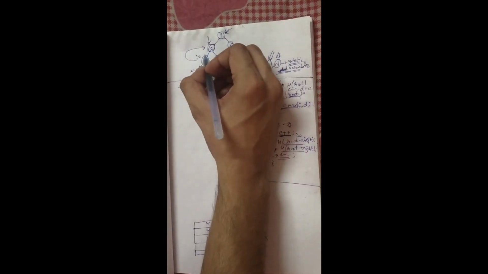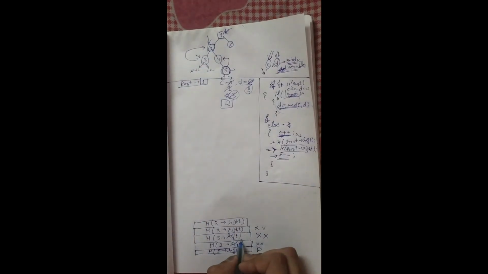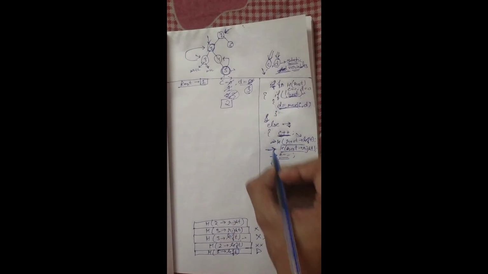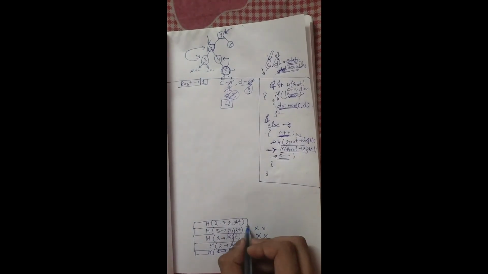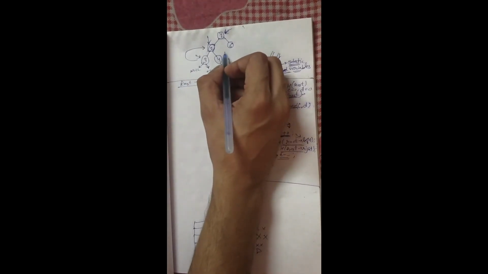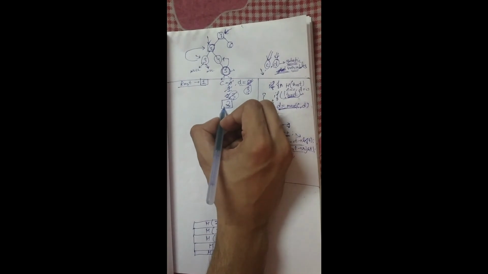Okay, first it called for 2 to the power left, then it ran 3 to the left, which was null, 3 to the right, which was null. So this node is over. Now 2's left part is over. Now we are coming to 2's right, which is 4. Now 2's right, does it exist? Yes, it exists. So increment it.